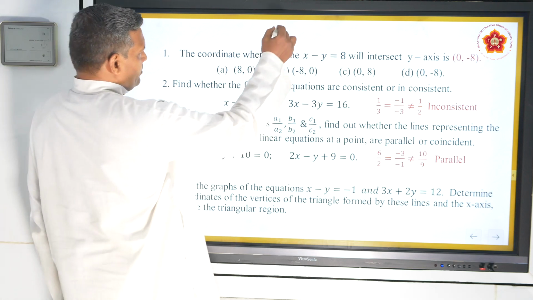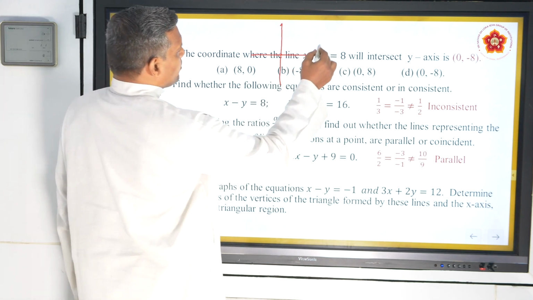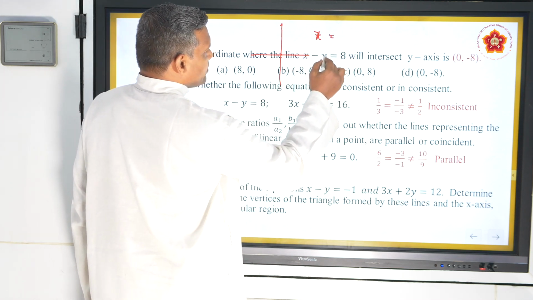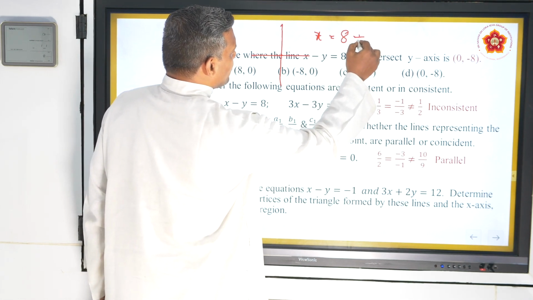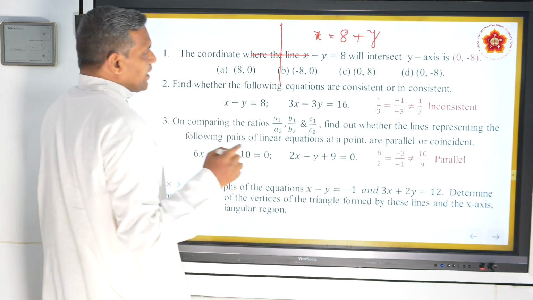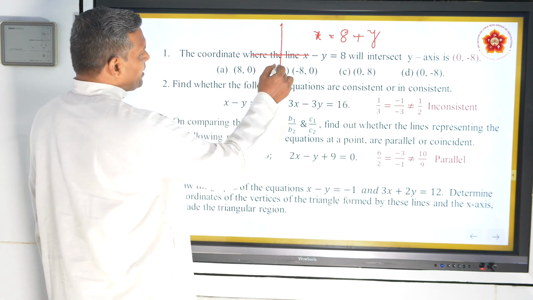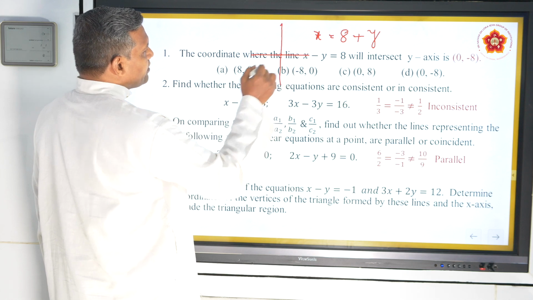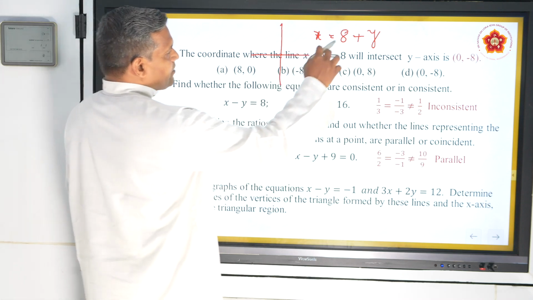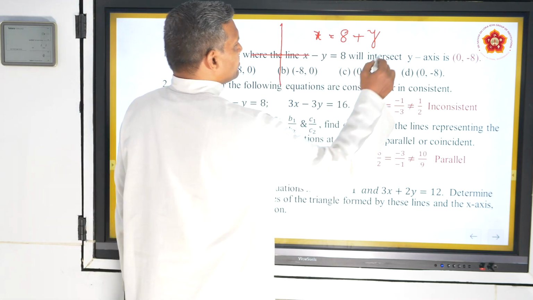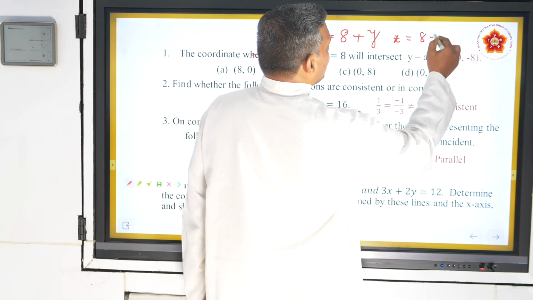See, now you just have a graph sheet. In that graph sheet, suppose you transpose, x is equal to 8, which is already on the RHS, minus y, when you transpose it will become plus y. Now, what is the condition? Line intersecting y axis. When something is happening on the y axis, the x value should be 0. That means I need to make this x 0. Already 8 plus y is there. How can x become 0? Right, guess. So x is equal to 0 when 8 minus 8 comes.